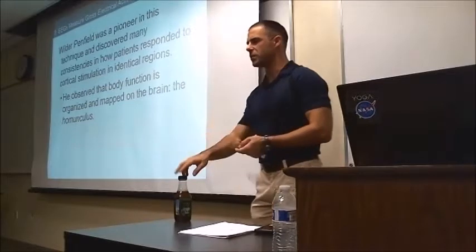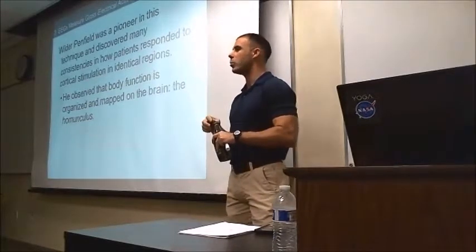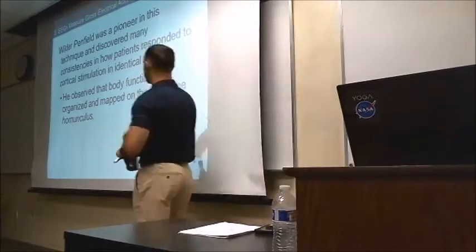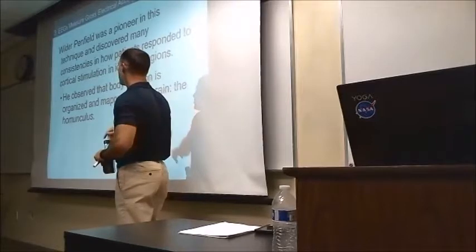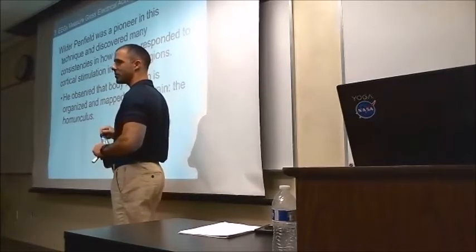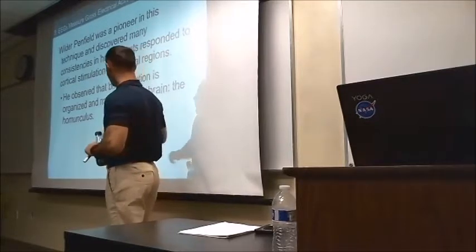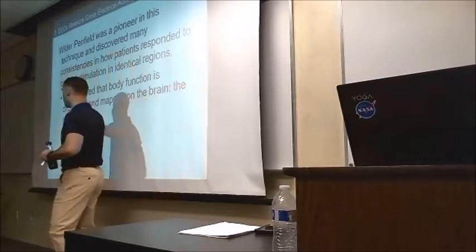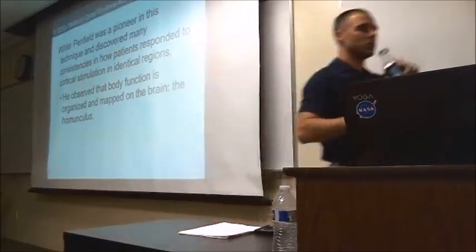And so we'll talk about him. Very big pioneer in the field. And one of the observations he made is that there is a systematic organization of the different body functions and where they map onto in the brain. Okay, so kind of bring it back home to that localization of structure and function historically, early 1900s era. And he identified something called the homunculus. Okay, some of you guys haven't seen this before, but we'll revisit.